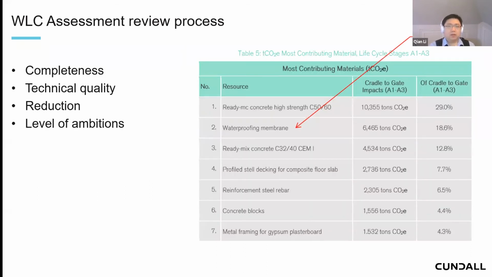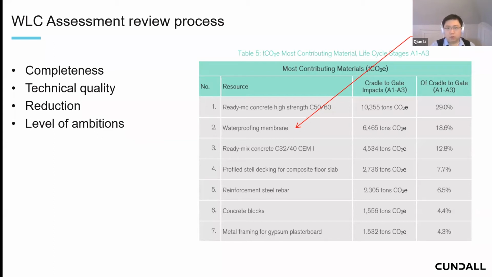As I said, the energy officers will review the data submitted. Depending on what stage you are submitting your application, the data will be reviewed in terms of how complete it is. Have you included all the modules we ask you to report, all the building components? Have you reported against all the life cycle modules, so modules A, B, C, and D, have they all been incorporated? And is the data submitted of sufficient quality and quantity?